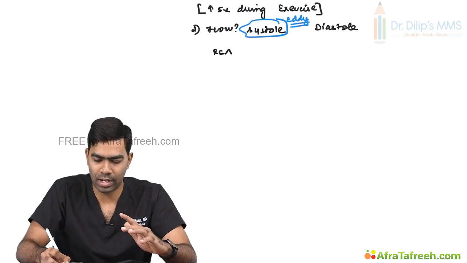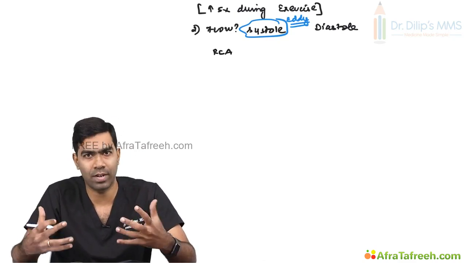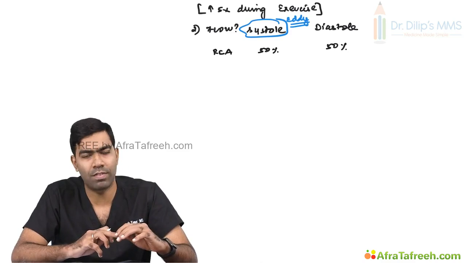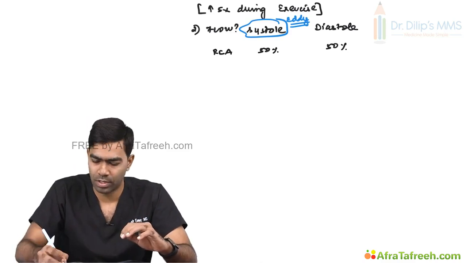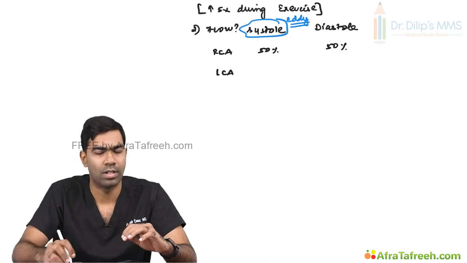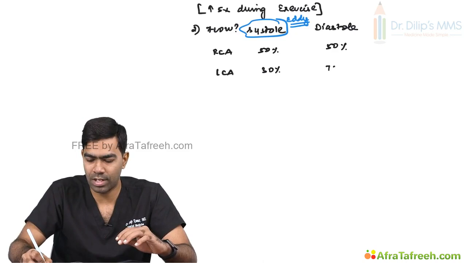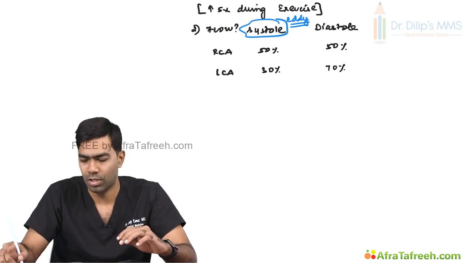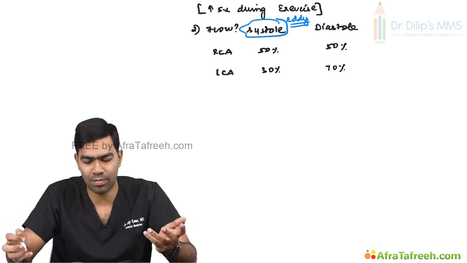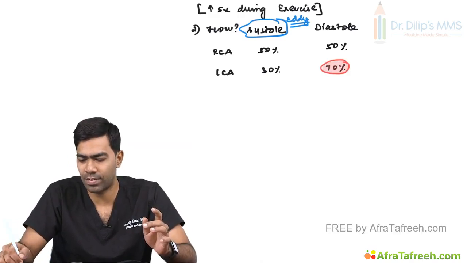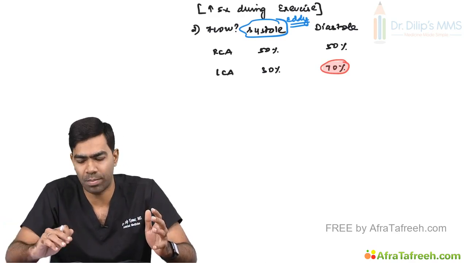So for example, if you take the right coronary artery that is supplying the right ventricle and associated structures, 50% of the coronary blood flow will be contributed by systole and 50% will be contributed by diastole. If you take the left coronary circulation, only 30% will be contributed by the systole and 70% will be contributed by the diastole. Since we are mostly concerned with the left coronary circulation, physiology textbooks take this value for granted